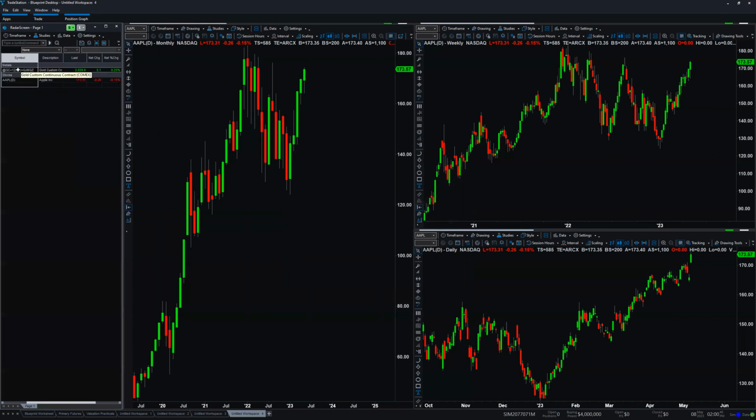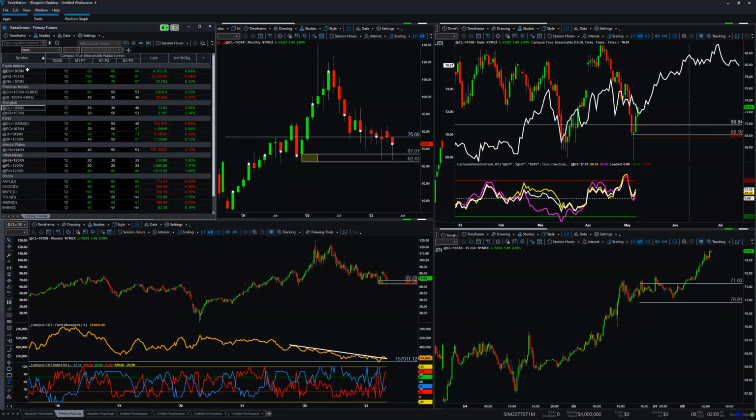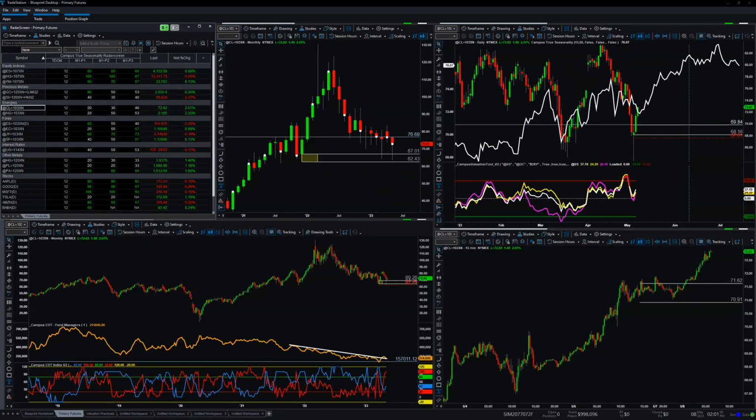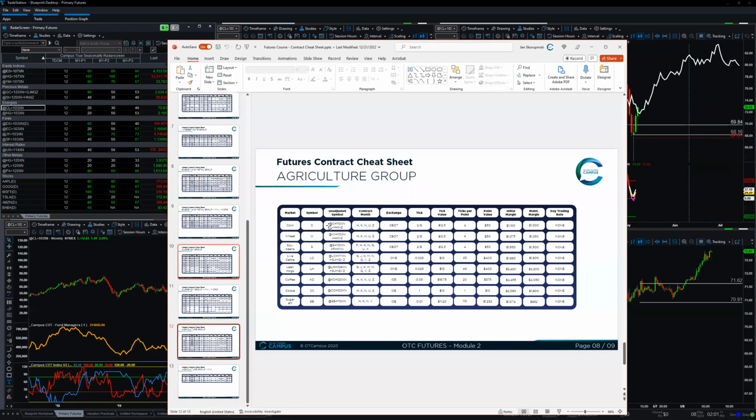So now you have a radar screen. You can copy and paste my symbols into your radar screen. What I have here are also the ones that I go through in my live trading sessions. That's what you want to use as well as a base. But outside of that, feel free to add whatever market you're interested in by simply using the unadjusted symbols for